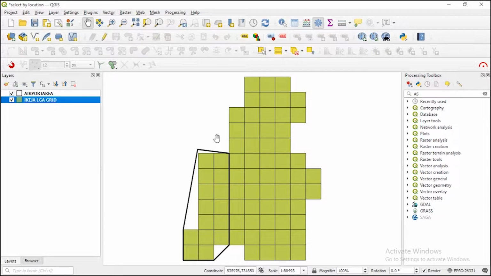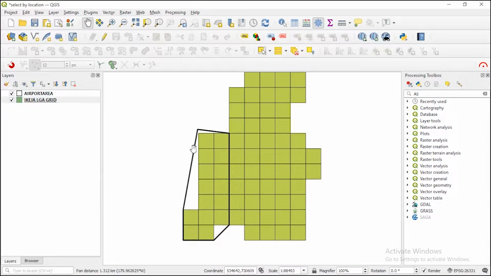So guys, what we want to do is, just like I said, select features by location. There are cases where you might have different data and you want to extract or select some features that cover a particular boundary. Here we have some grids in Ikeja, and this boundary is covering some part of the airport area. What I want to do in this scenario is to extract or just select these grids that are found